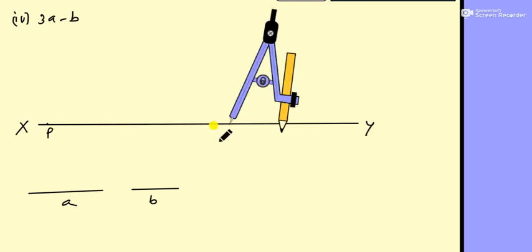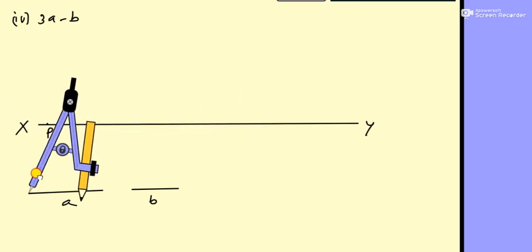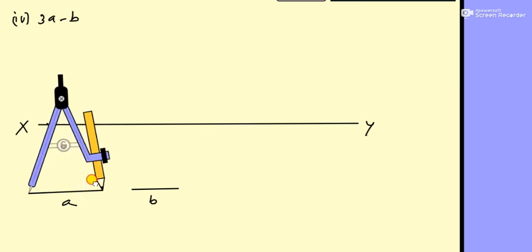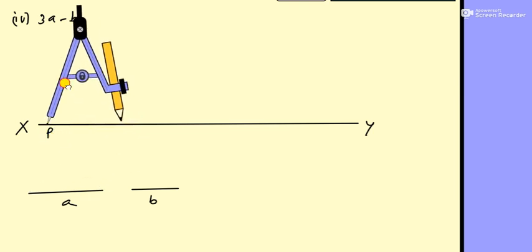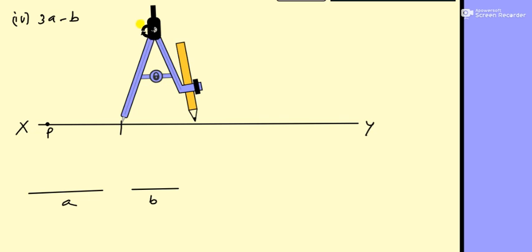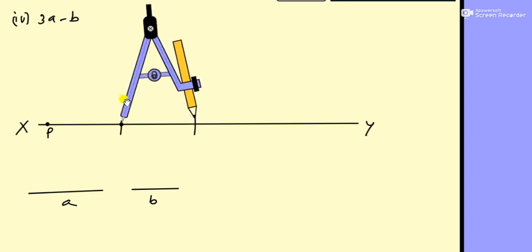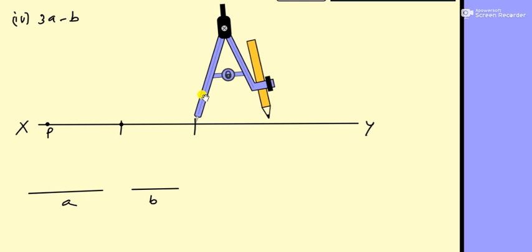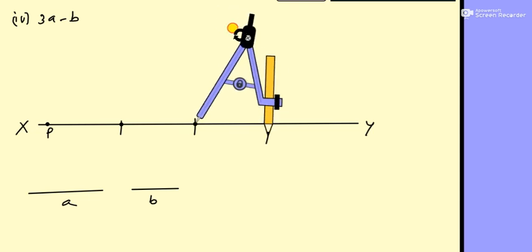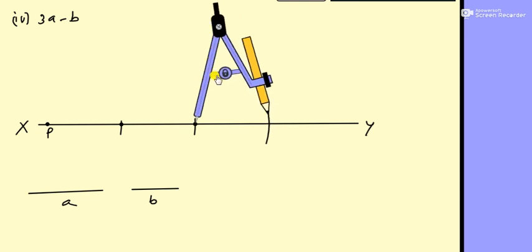Now come to the roundel. Take this roundel at the end of the line A and measure the line A. It is looking like so. You can take roundel at this point and make an arc like this. Again, it is 3 times. So this one, and we can put here. Yes, so it is A, and it becomes 3A.